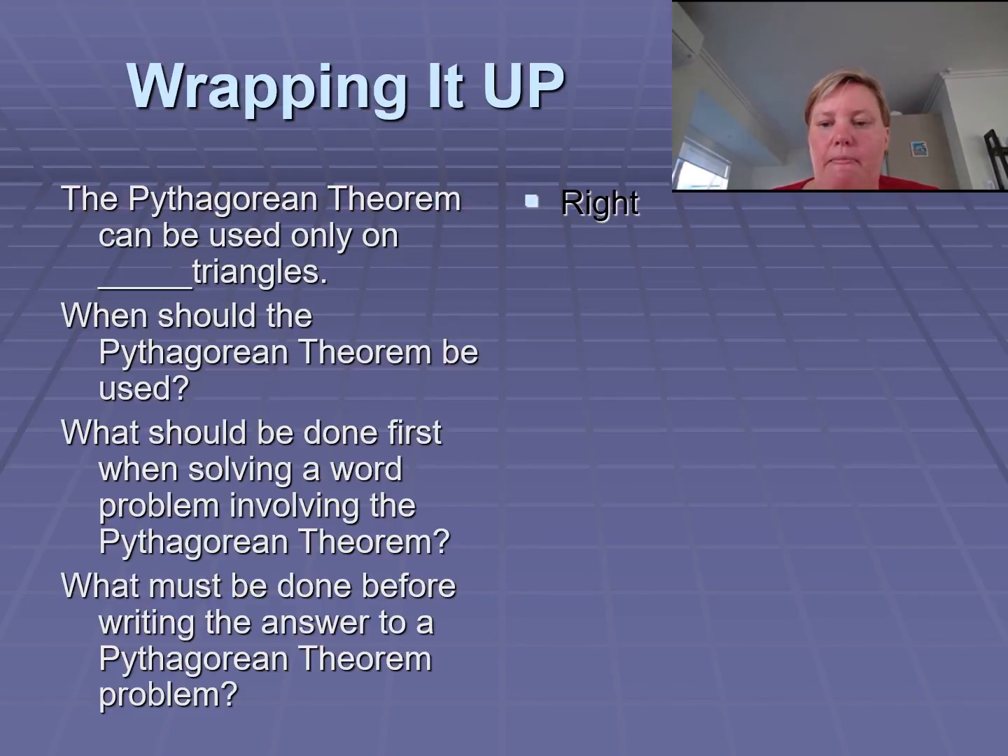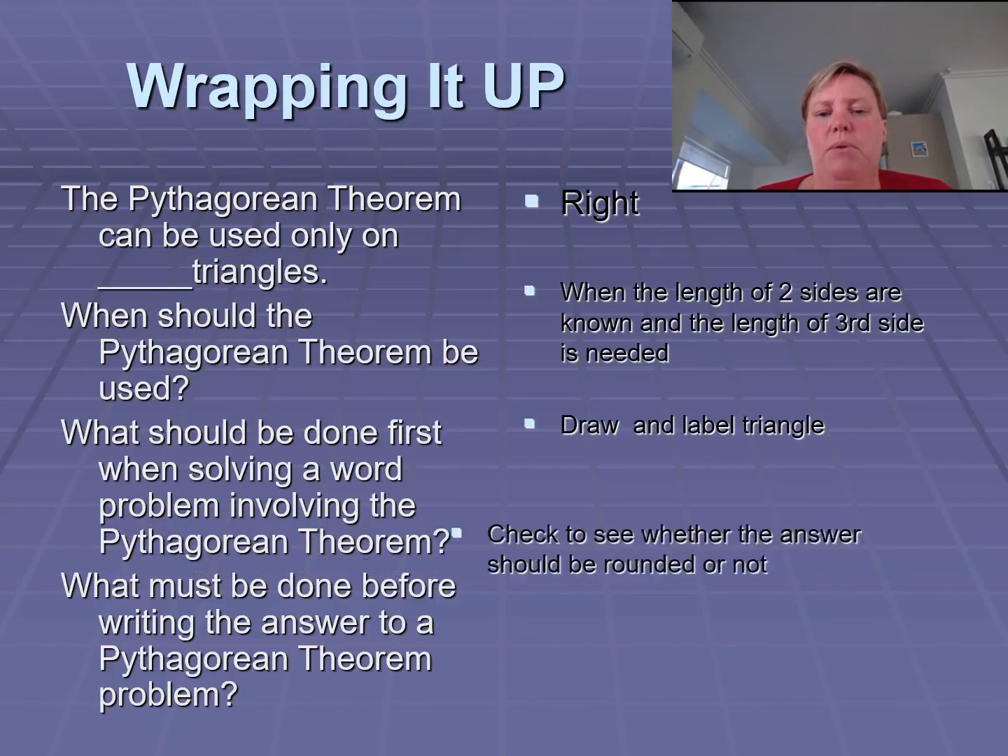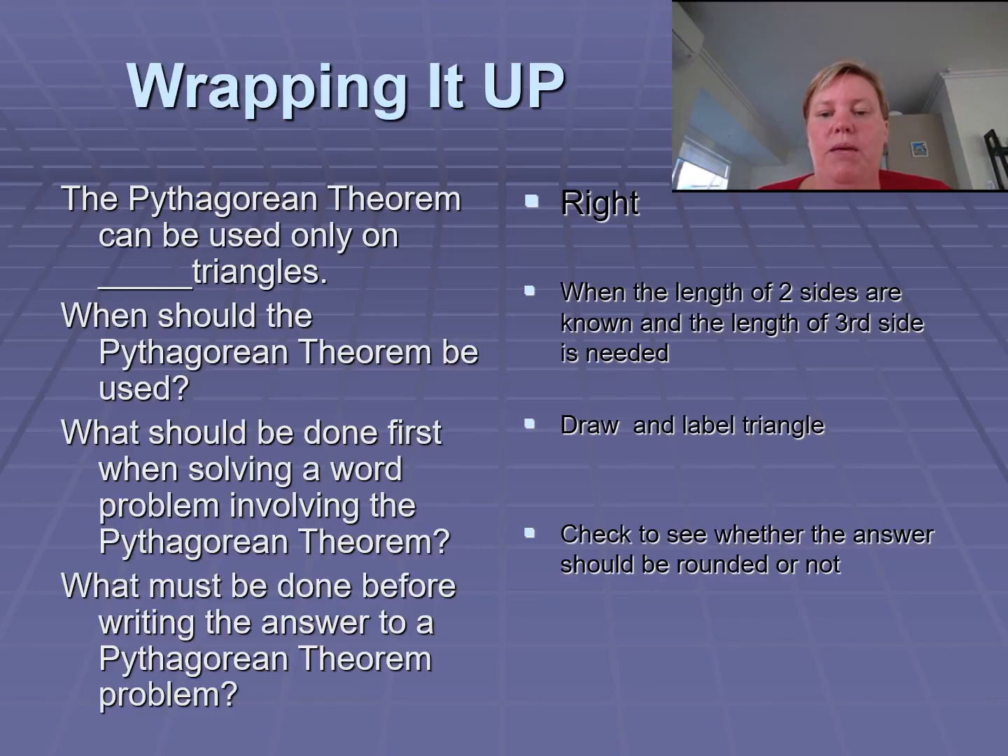Okay. All right. First of all, I have to use them on right-angled triangles. You use the Pythagorean theorem when you know two sides and you want the third side. You've got to draw and label a triangle if you're solving a word problem. And you should check and see the final thing, whether your answer should be